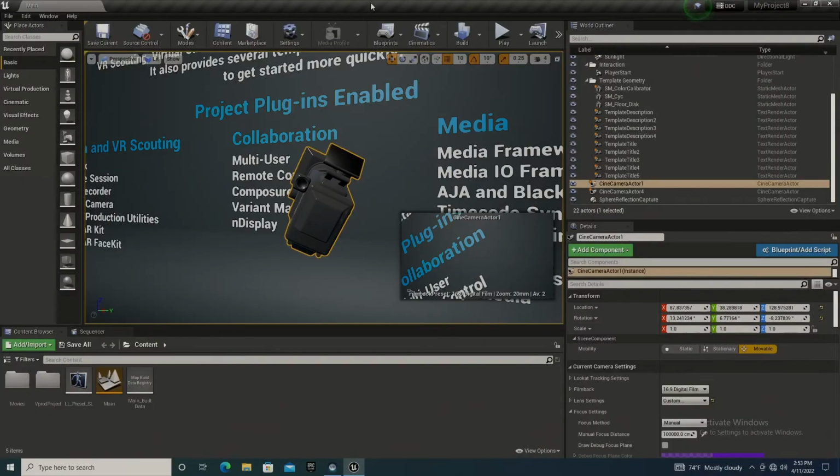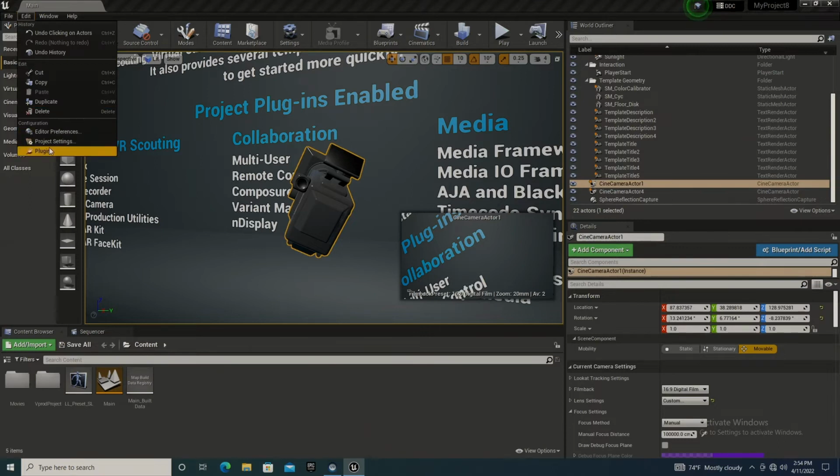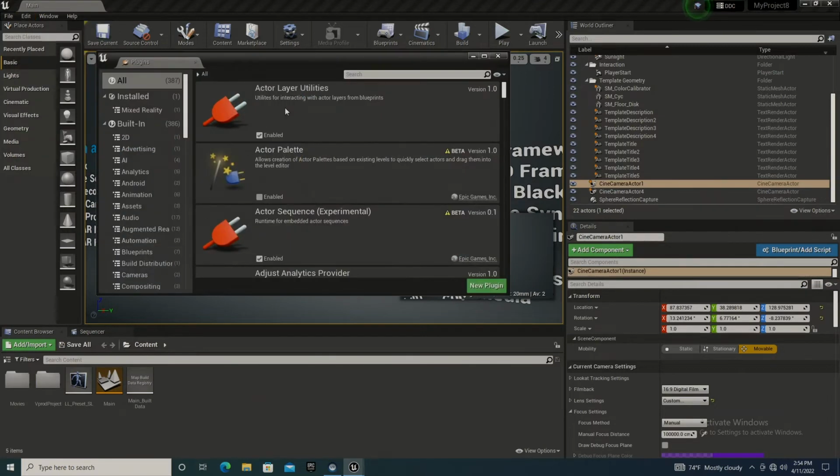Now I'm over here in Unreal Engine, and I'm going to make sure that my project has the plugins enabled that I will need to use the Sisu Lab Live Link connection. So to do that, I'm going to go into Edit and then Plugins, and I'm going to enable a few different plugins. First of all, I'm going to search here for Live Link, and I need to make sure I have Live Link enabled,